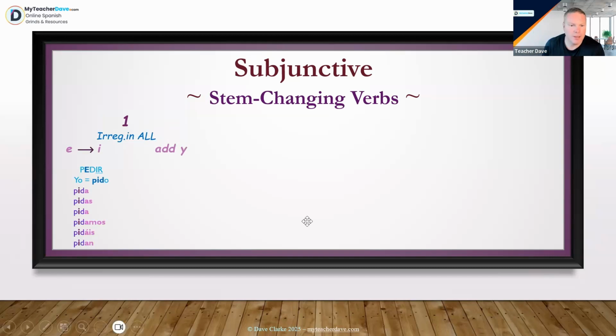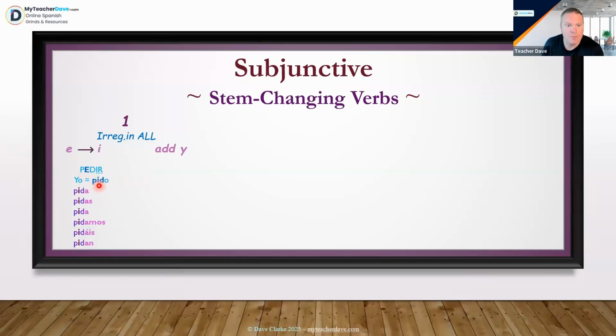So if we take the verb pedir, we can see that in the infinitive here, there's an E. That's what we mean by an E changes to an I. We start with the E in the infinitive. We know then that in order to make the present subjunctive, we always start with the normal present tense I part, or the yo part, of the verb. And we can see that with this verb pedir, which means to request or to ask for, in the normal present tense, it's pido, no problem. We can see that the change has gone from an E in the infinitive to an I